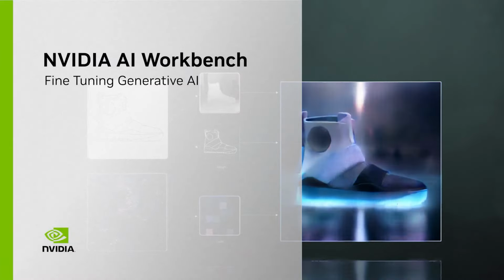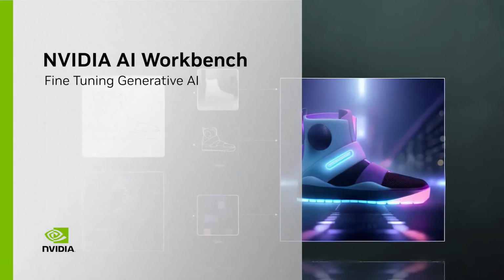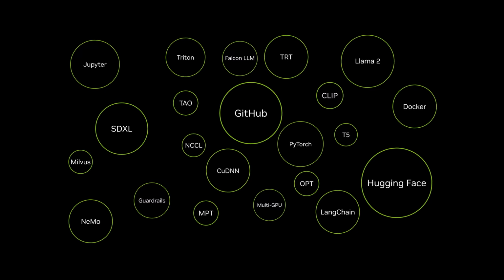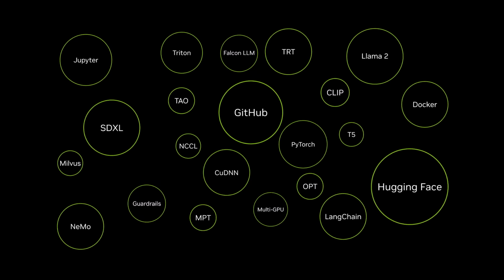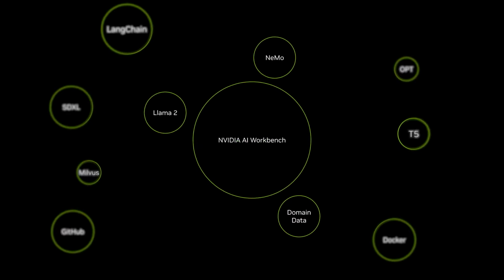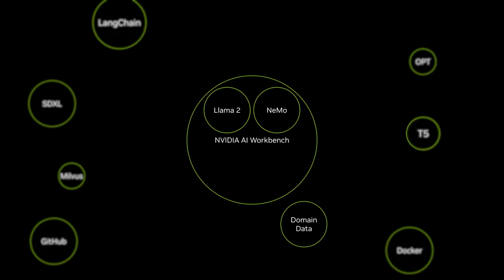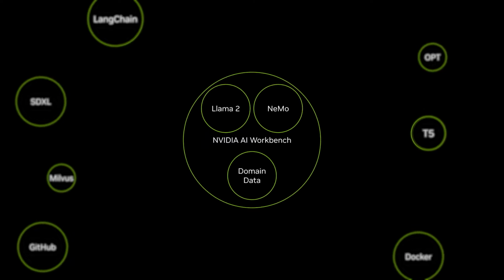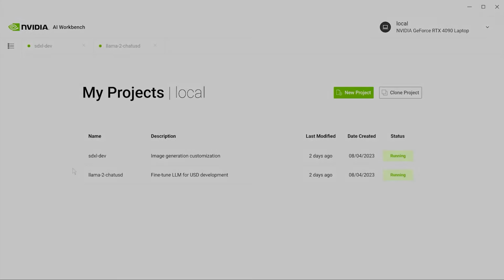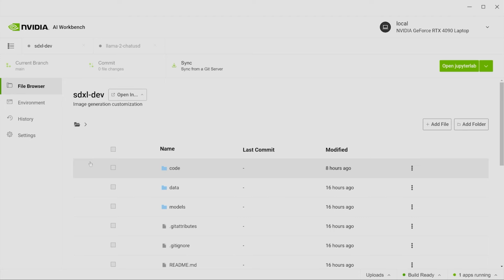And that's where NVIDIA AI Workbench comes in. It's designed to simplify AI development, allowing creators and developers to work within a single, seamless environment. With AI Workbench, developers can build, test, and deploy models smoothly, whether they're on a local laptop, in the cloud, or in a high-performance data center. And because it's compatible with top AI tools like PyTorch and TensorFlow, developers don't have to change their workflow. They can stay in their comfort zone, focusing on refining their models and speeding up the journey from concept through